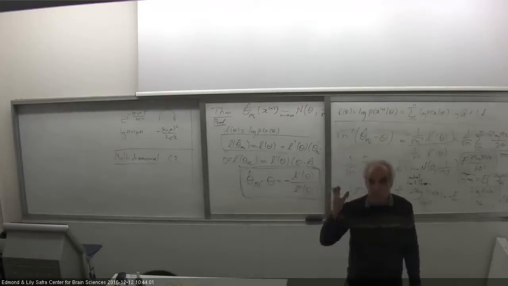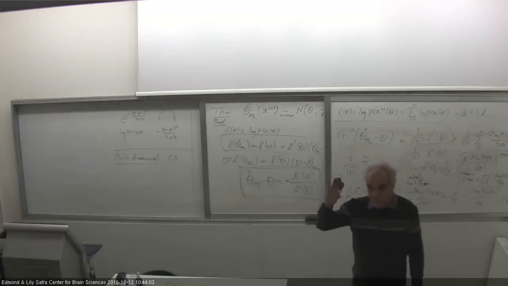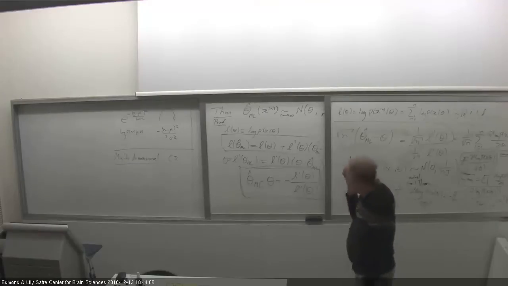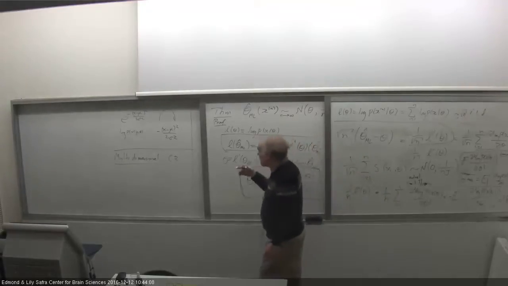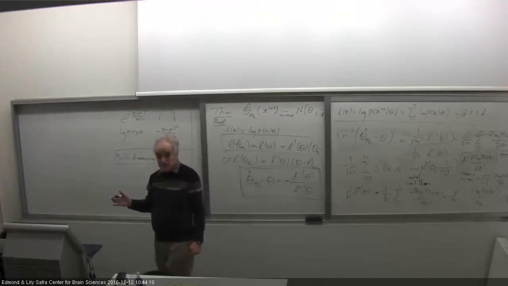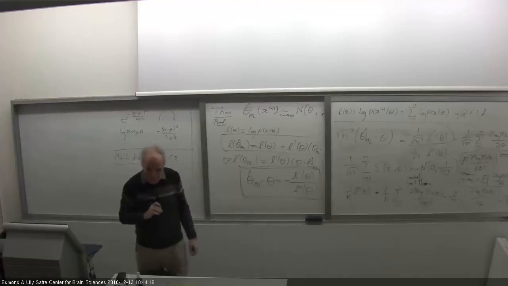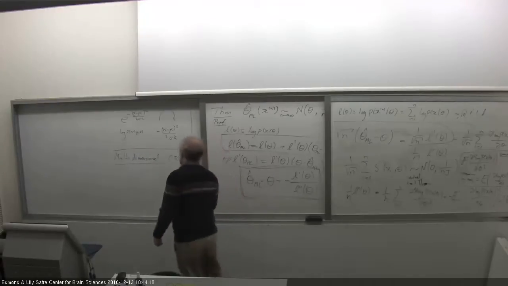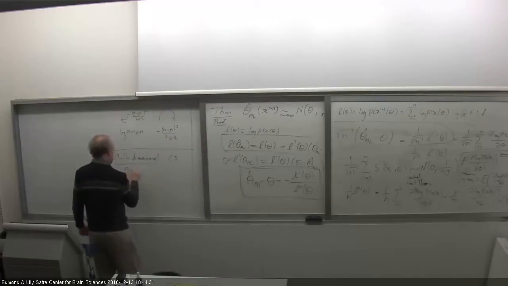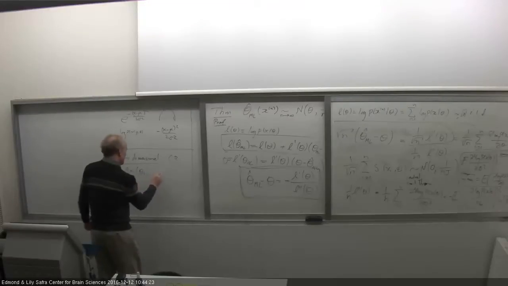If you ever saw what happens in multivariate Gaussians. So essentially everything goes through. I can repeat the same argument exactly, but I have to move from a single parameter to vectors. So if theta now is a vector, theta 1 to theta d,